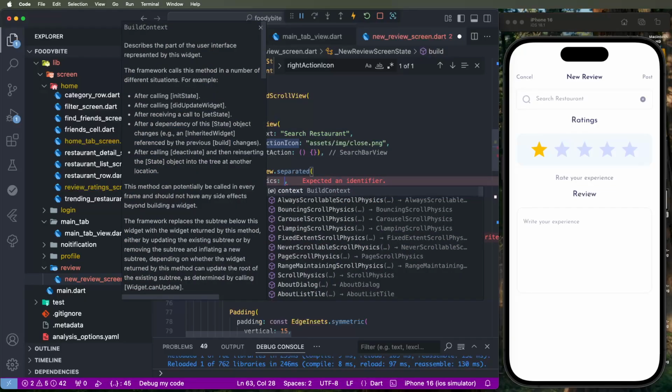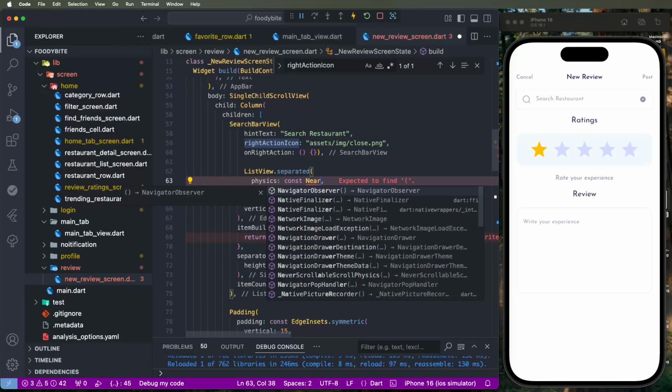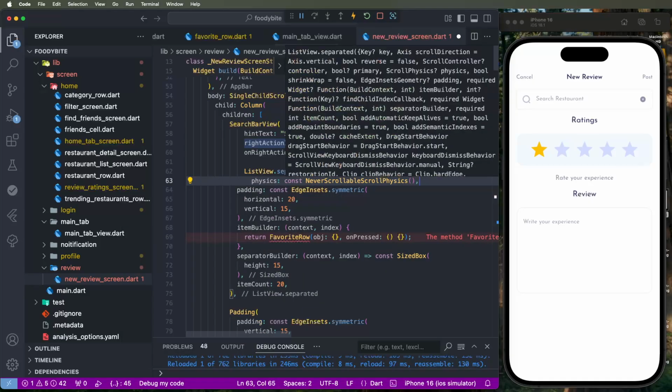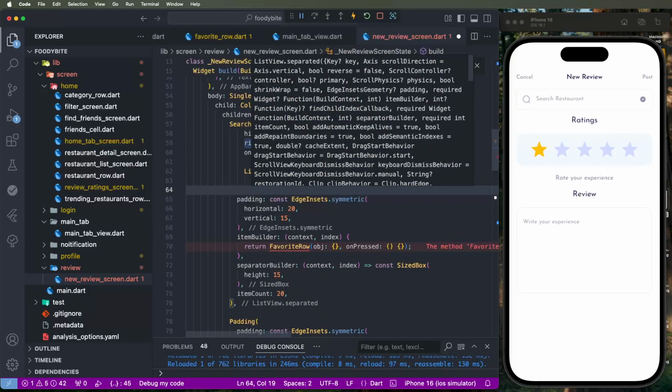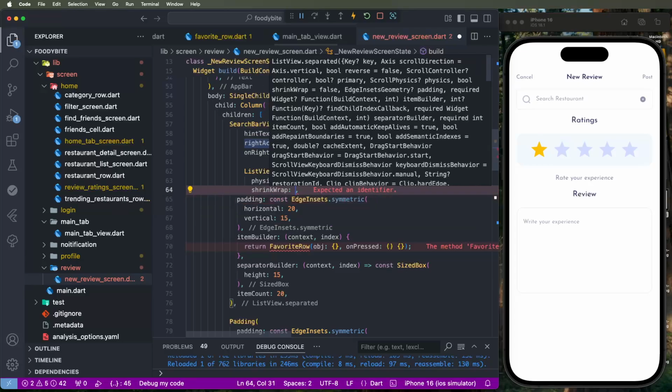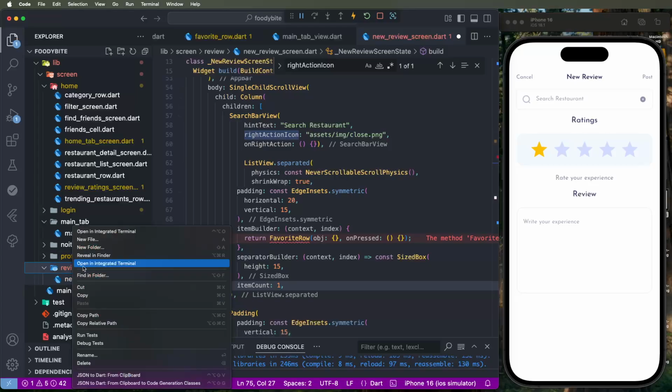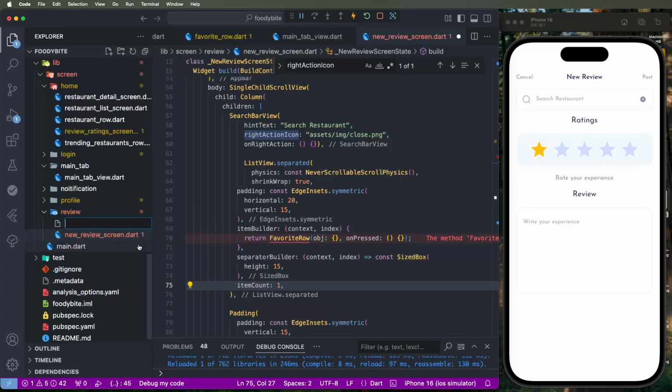We need to set the const never scroll physics. Then after that we need to set shrink wrap to true, and give the item count as one. Now we need to give this the review restaurant cells. We need to develop here